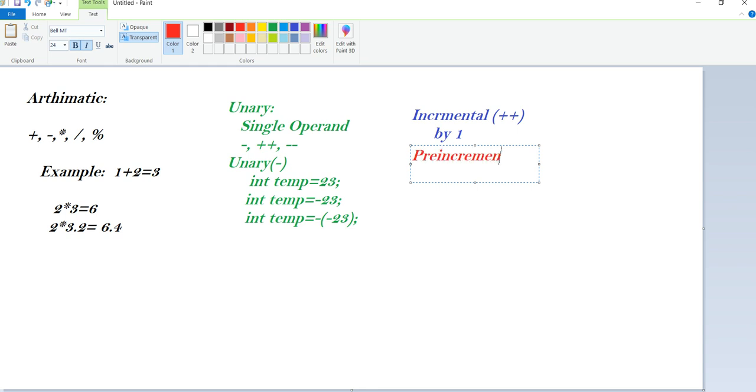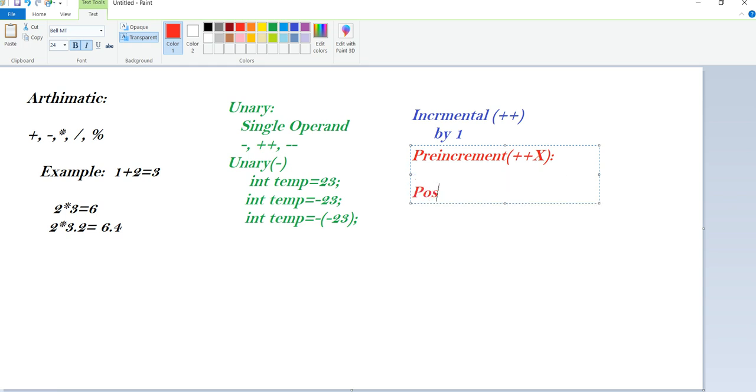Pre-increment is, for example, increasing the value of x as plus plus x. If the increment operator is placed before the variable, then we call it pre-increment. A pre-increment operator will use the value after increasing it.